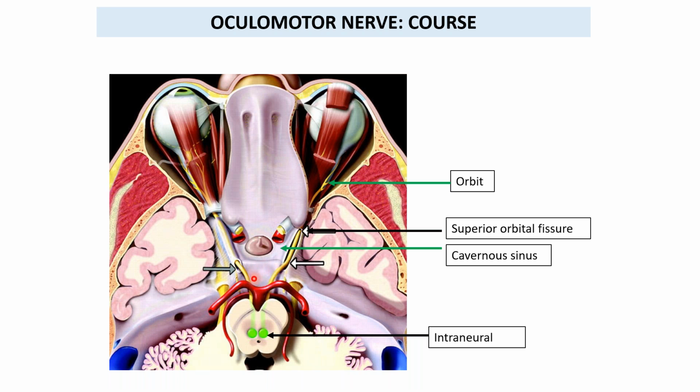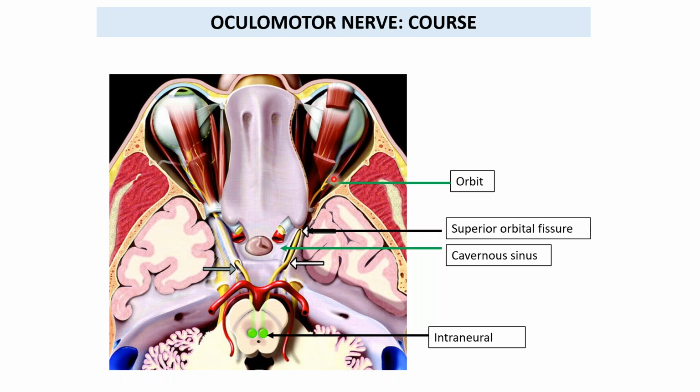Now what is this in front of it? In front of it, over here is the area of the cavernous sinus. So through the cavernous sinus, it passes along with the other cranial nerves, that is the fourth and the sixth cranial nerve. It passes through the cavernous sinus, and then when it further moves ahead, it reaches the superior orbital fissure. And remember, we did the contents of the superior orbital fissure. So it enters the superior orbital fissure, and through the superior orbital fissure, it enters into the orbit.